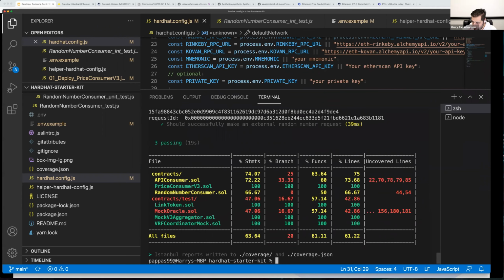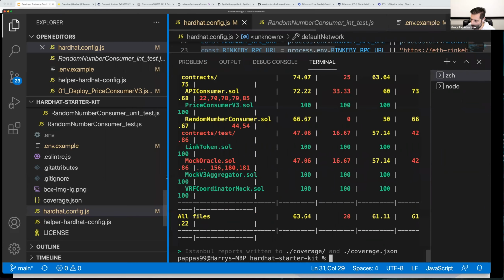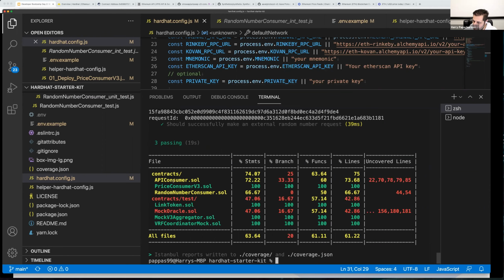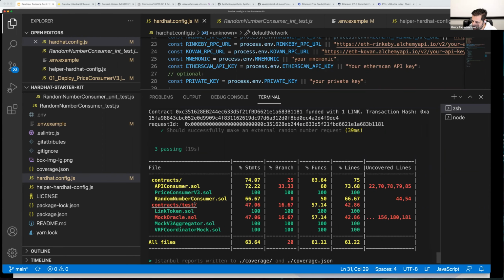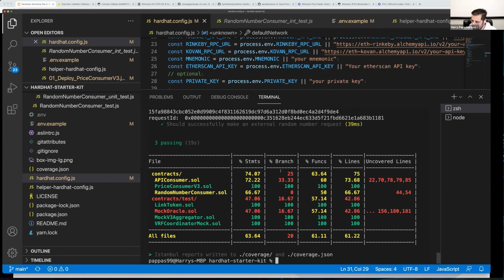Cool. And there's our Solidity coverage report. So you can see here are all our, let me see if I can make that a bit bigger. Nope, too big. You can see our smart contracts here, right? And it says what percentage of the statements were executed in our unit tests, what percentage of branches, what percentage of the functions, and what percentage of lines overall, and which lines have been identified as things that haven't been looked